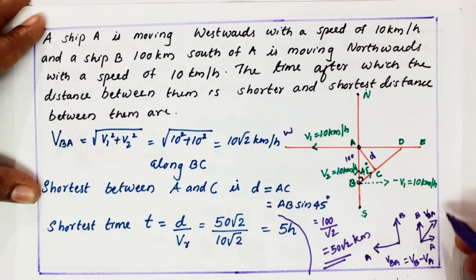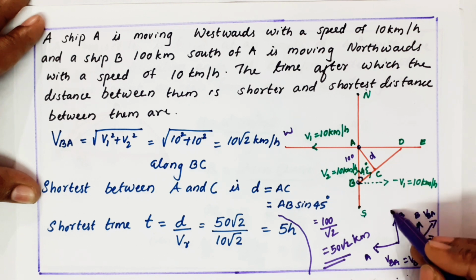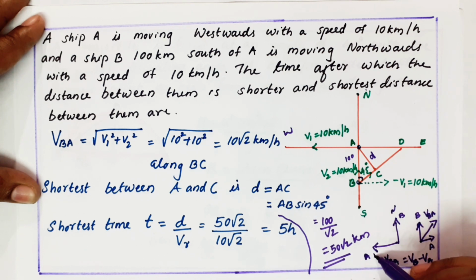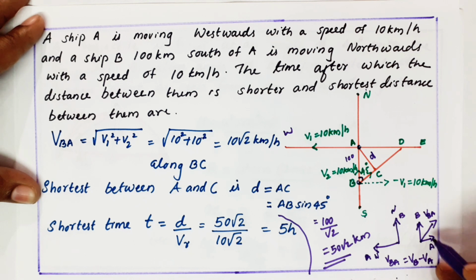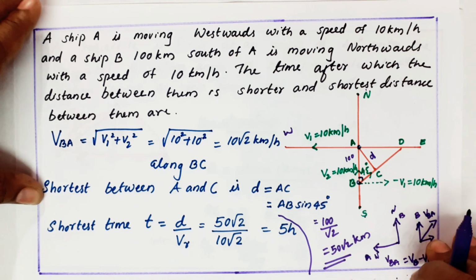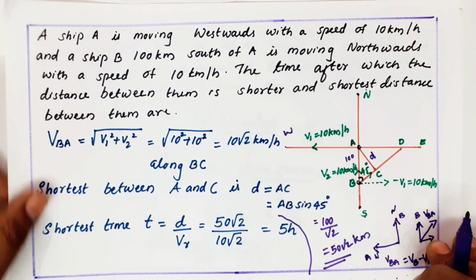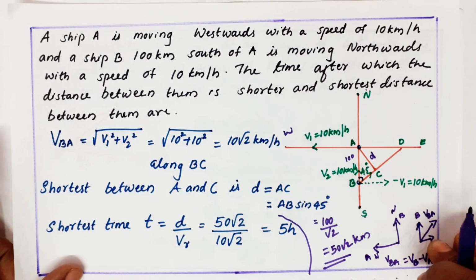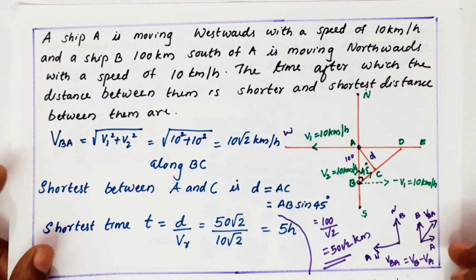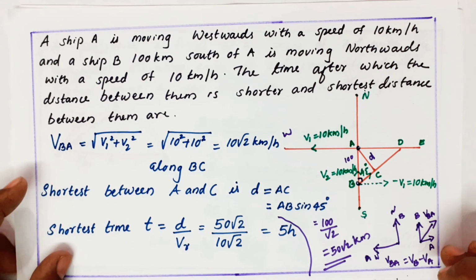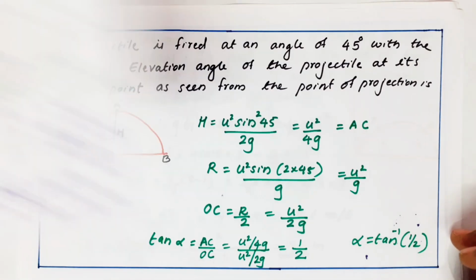So you see actually it is turning. It is going along the northeast direction. It is turning along which direction? Northeast. Initially one is moving along north and the other one is moving along west only. But in the resultant they are coming in the northeast direction. So you should have an idea what VBA is. Relative velocity of B with respect to A is VB minus VA. Minus VA means you have to change the direction of the vector.